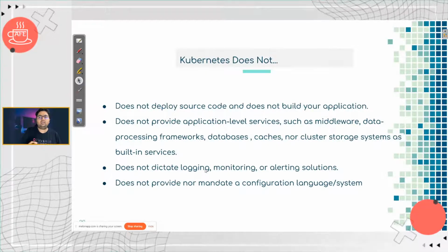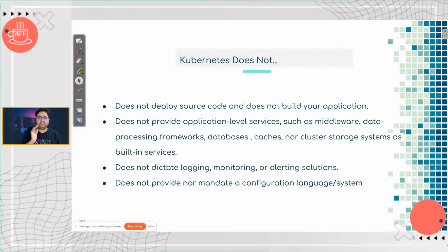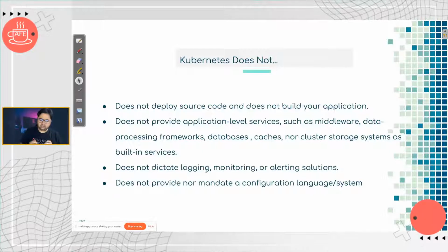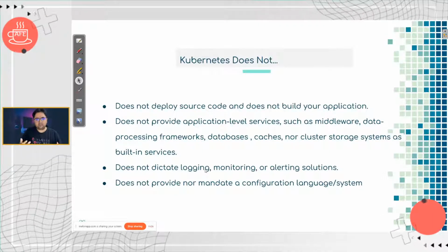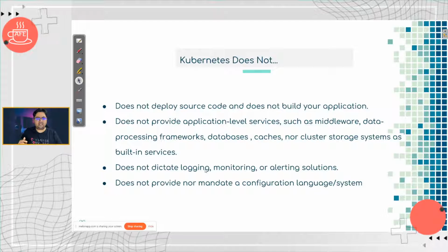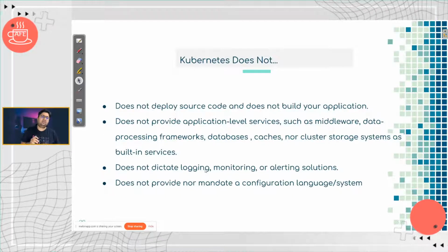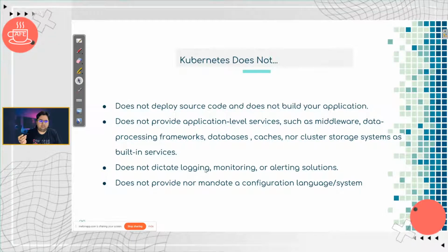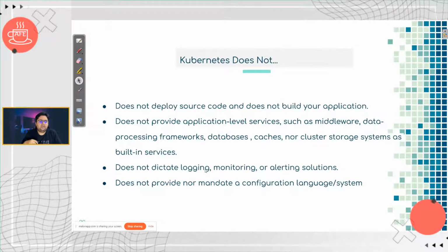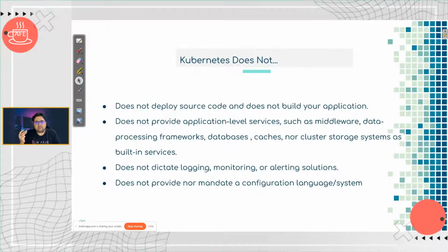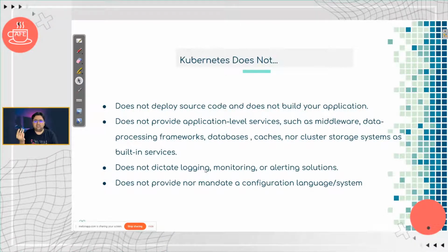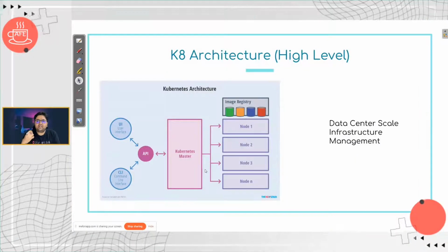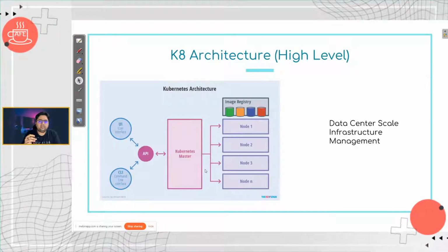system, logging, monitoring, or alerting system. You can use native logging for Kubernetes. You can write your file to standard logger, dump it onto Kubernetes disks. You can use a lot of agent-based systems that are popular in the cloud native world. And when it comes to configuration management, you can use JSON, you can use YAML, whatever you are able to use with kubectl.